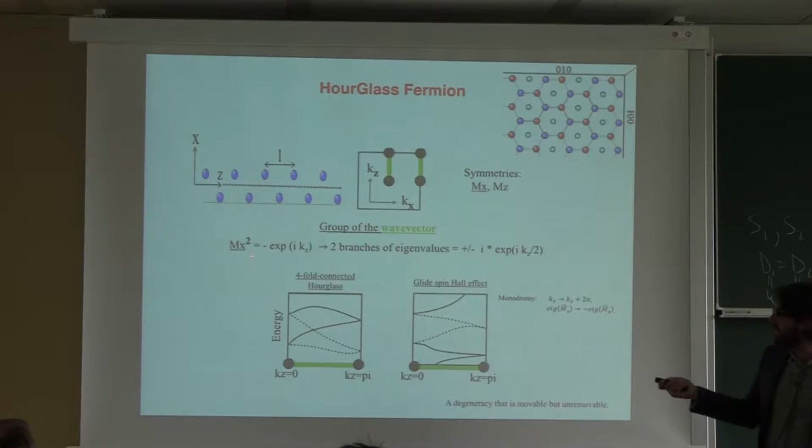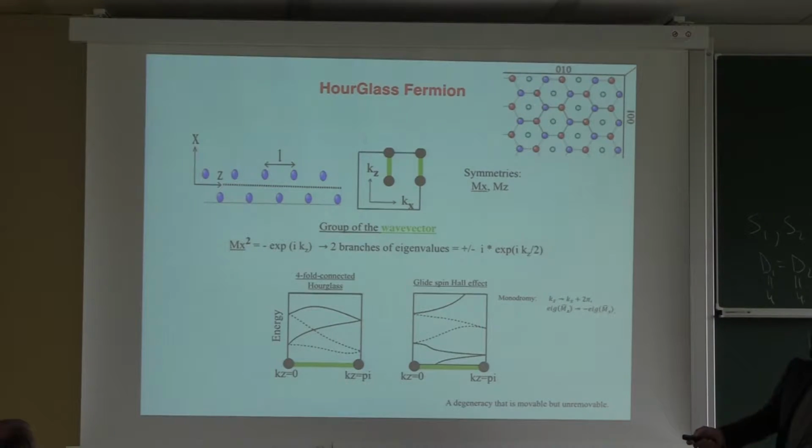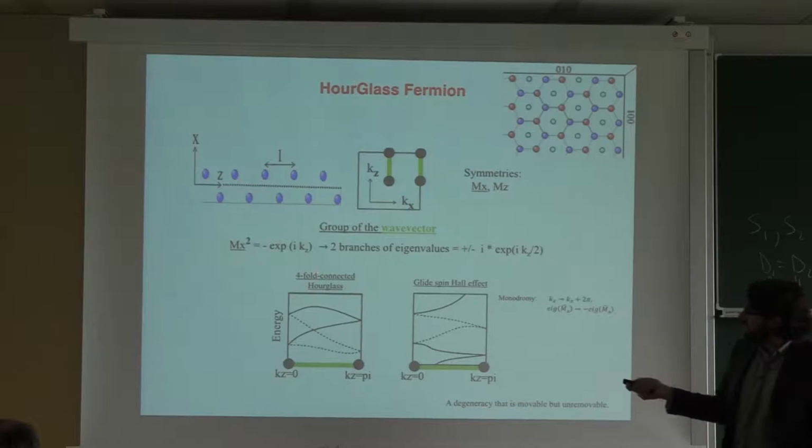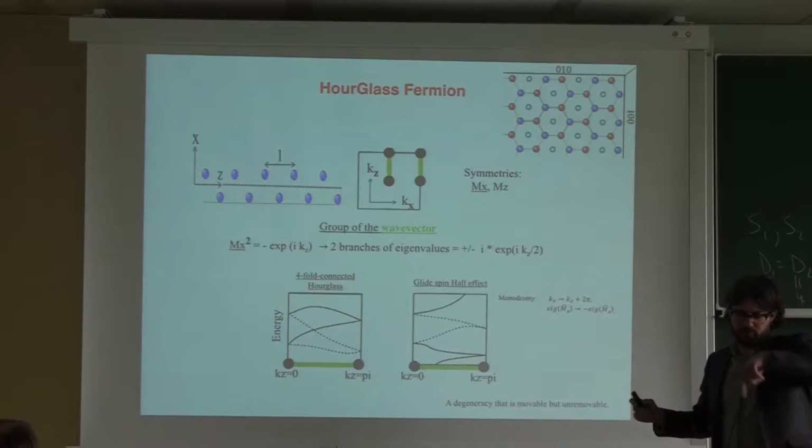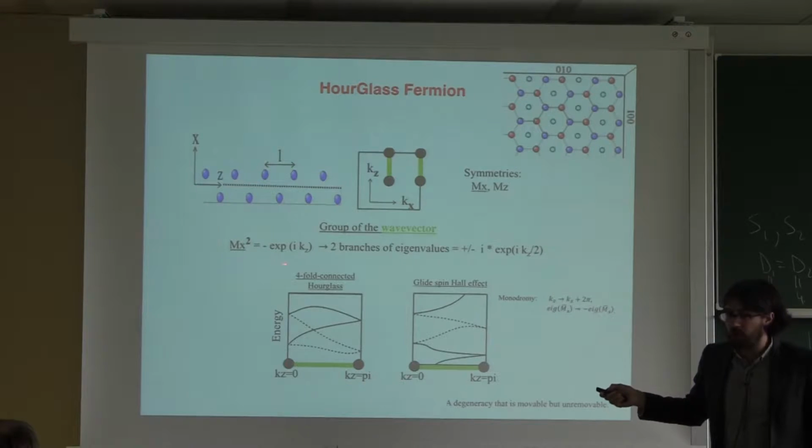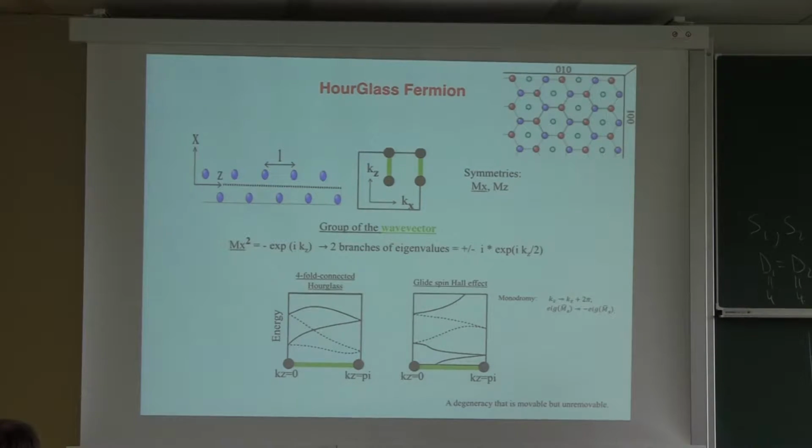So what that means is that if I square mx, I've translated by 1 unit cell, and I represent that by a phase in the Bloch representation. That's just e to the i kz, because I've translated by 1 unit cell in the z direction. This minus here comes because I'm looking at spinful groups, so I'm actually also rotating the spin. So this is why I get a minus when I do mirror squared, but this phase is the non-symmorphic phase. This phase is what will cause all the interesting, well, hopefully interesting things.